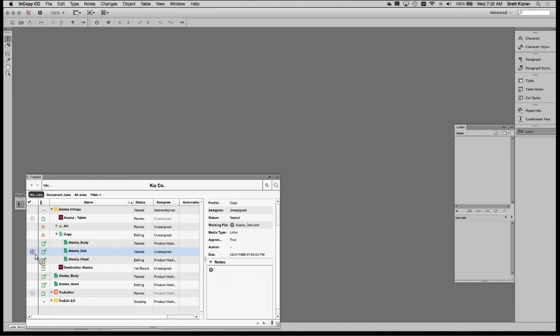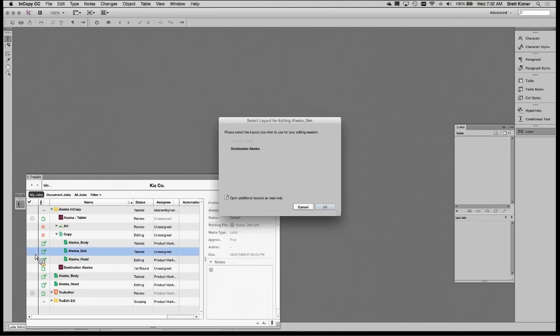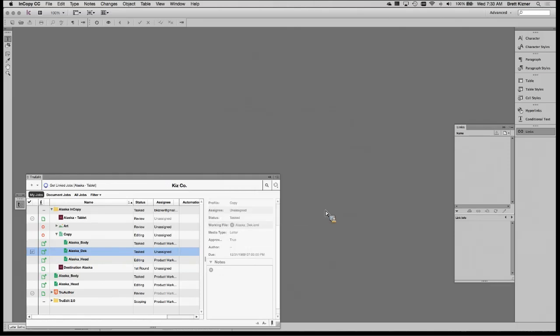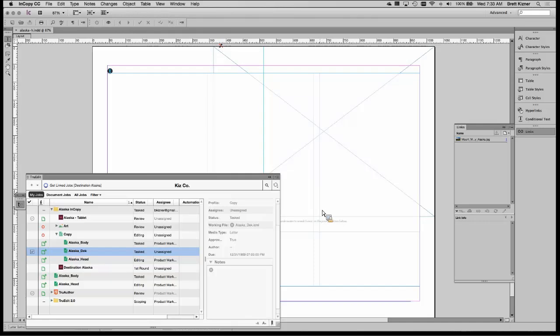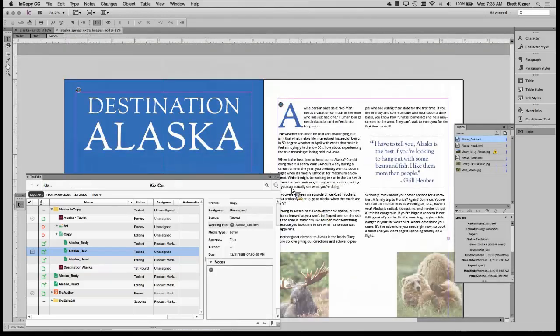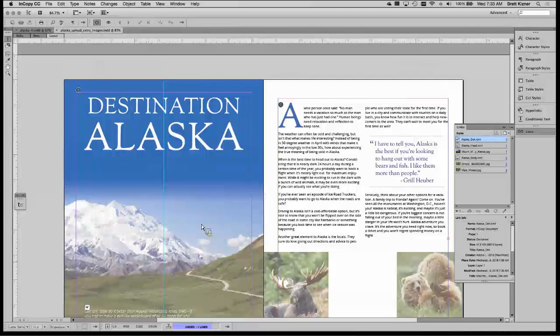Now remember, I made a change to that headline. What I'm going to do is check that headline back into the system. As I mentioned before, the system automatically versions all jobs in the system. What that means is that at any point in time, we can access our version history and even roll backwards in the workflow. So in that way, you can see this headline that we modified.